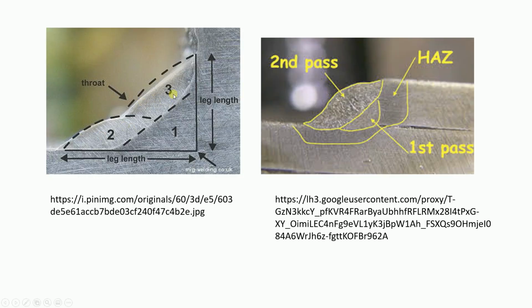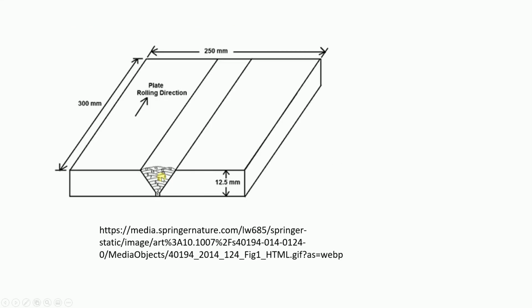And is it possible, sir? Yes, it is possible. In the real world we are making the attempt, and you can see 2 and 3 are one more attempt we have made, as a second pass and first pass, as also clearly shown in this research article. If you have any doubt, you can go to this research article. You can see here how many passes are made. More than 20 passes have been made to make a 12.5 mm joint.